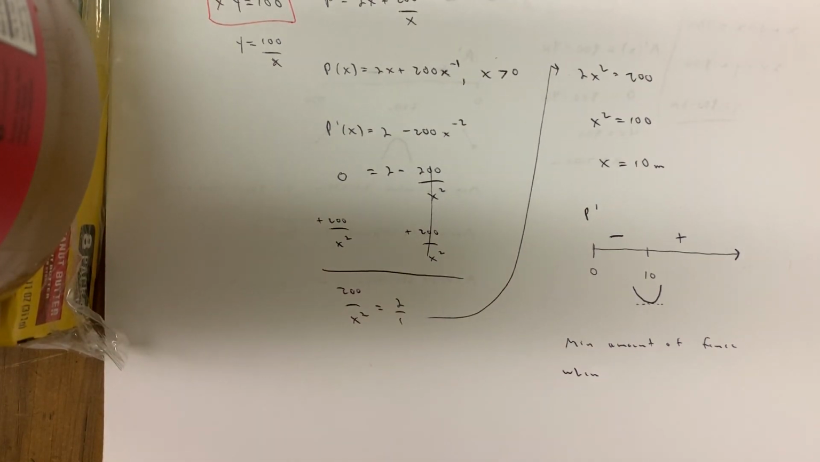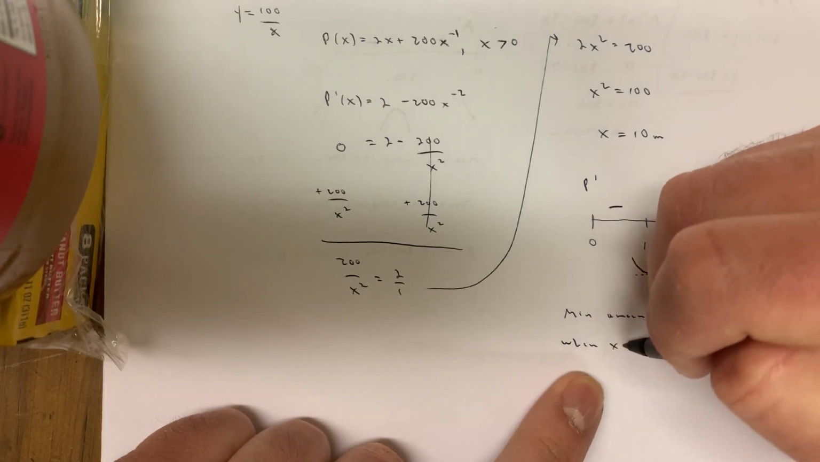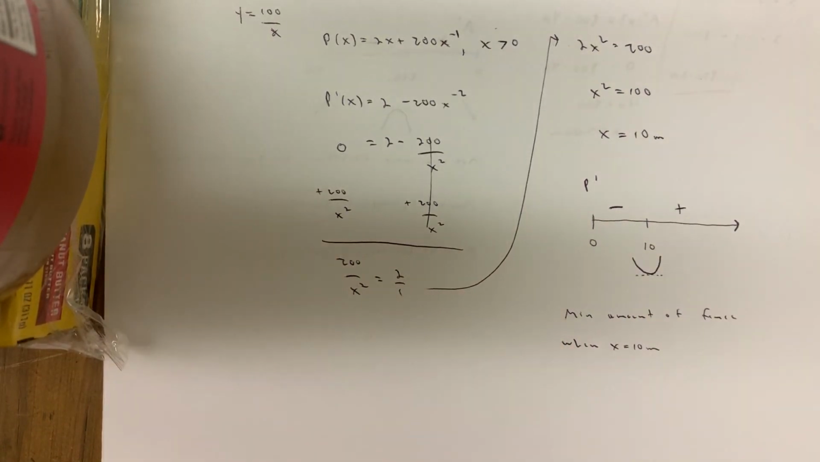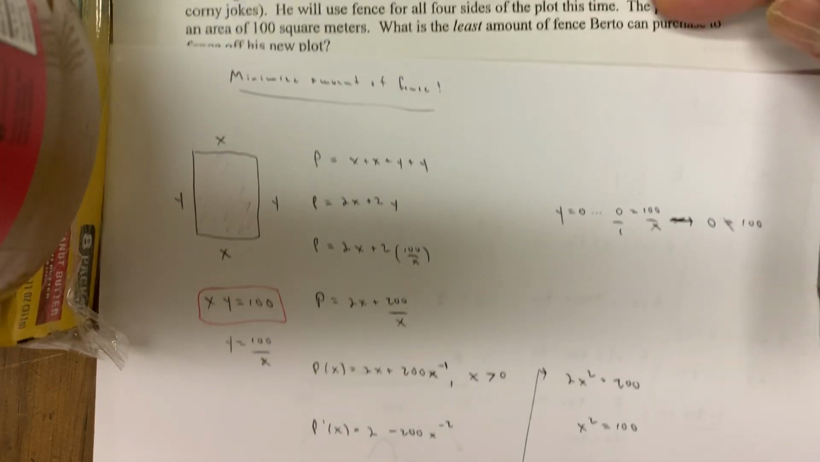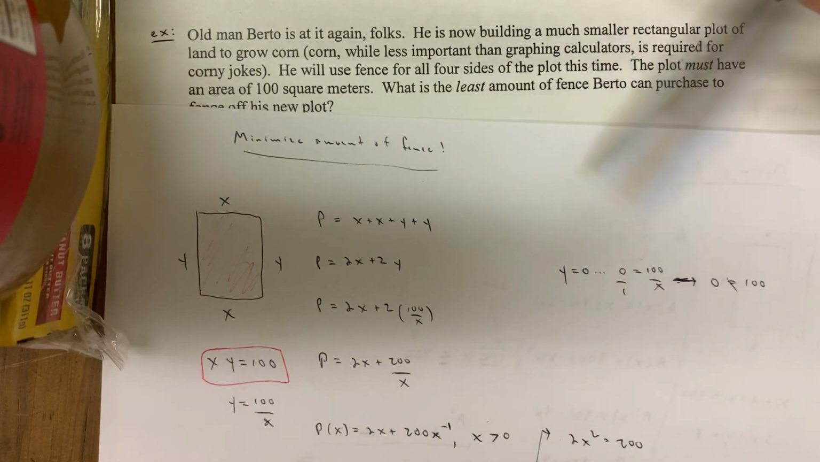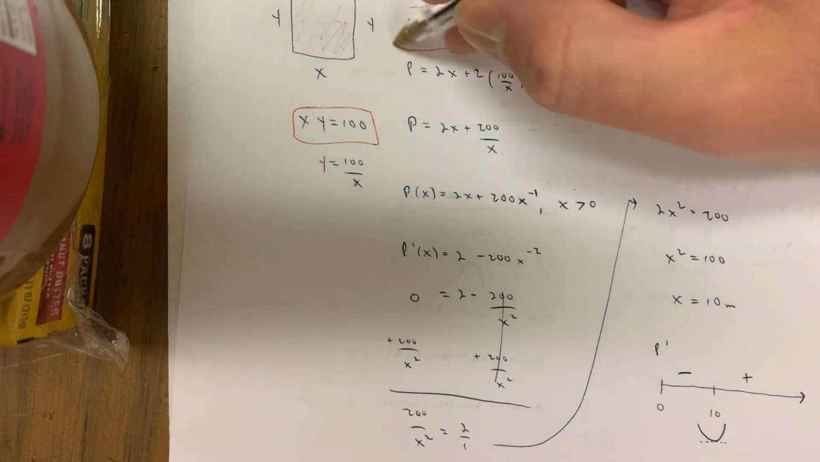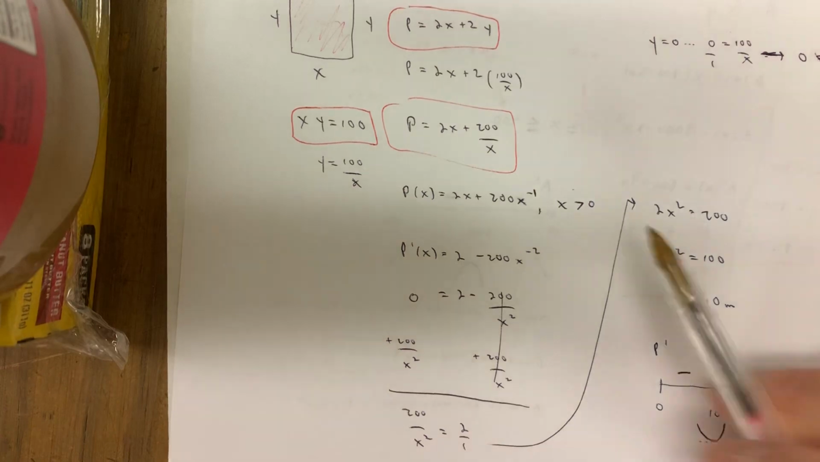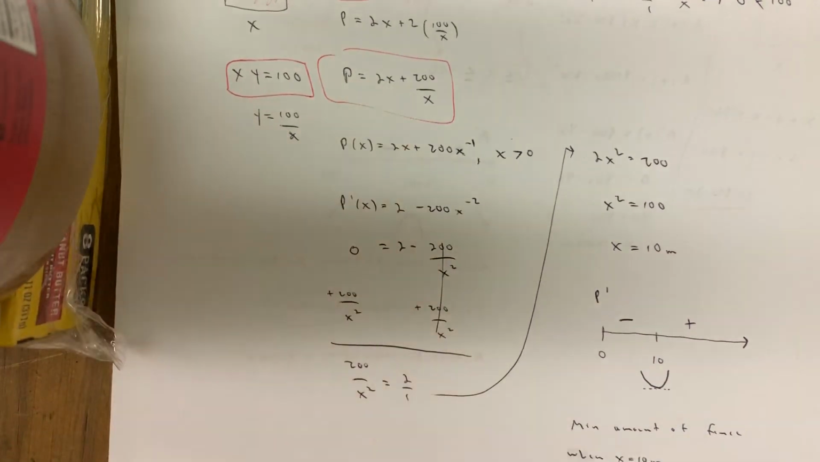Some of them can be eliminated. Minimum amount of fence when x is equal to 10 meters. And then go back. What the heck did they want? They actually wanted to know the least amount of fence. Okay, so you got to figure out what the least amount of fence is, which is really the minimum perimeter. 2 formulas for perimeter. You got this one, you got this one. This one's pretty sweet right here because x is equal to 10. So you can plug in 10 right now, right? And do P of 10